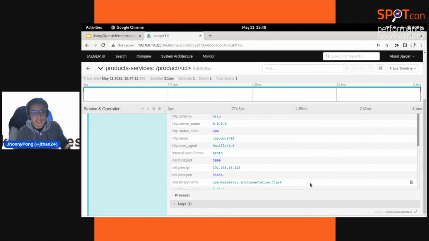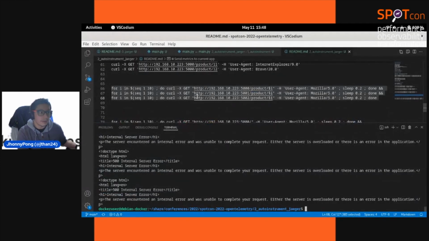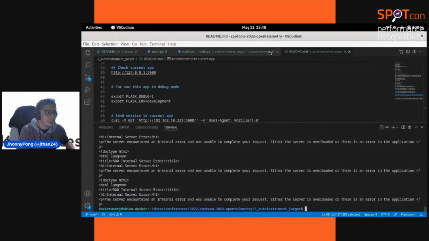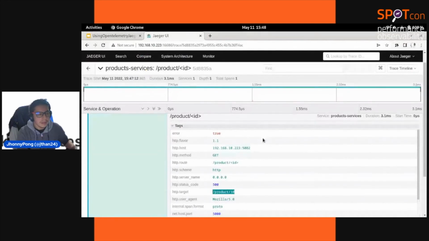But in this case, there is no data inside of my product because it's called for product 10, but my database, which is quick to check here, just has 4 products and doesn't have product 10. That is why the application fails.